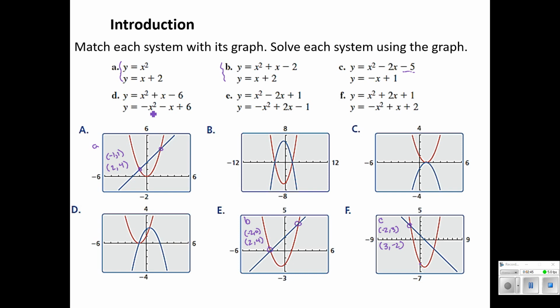All right, for D, here we've got one parabola opening up and the other parabola, the perfect opposite of it, opening down. Well, it looks like it's between graph B and graph C here for that. Let's see what -b over 2a gives us. -1 over 2, -1/2 for an axis of symmetry. It has to be graph B. All right, our solution points there. Based on the graph, it looks like we have -1 1/2, or -3/2, 0. And then we've got 1, 0.